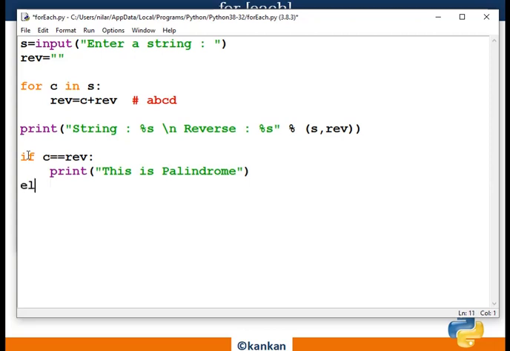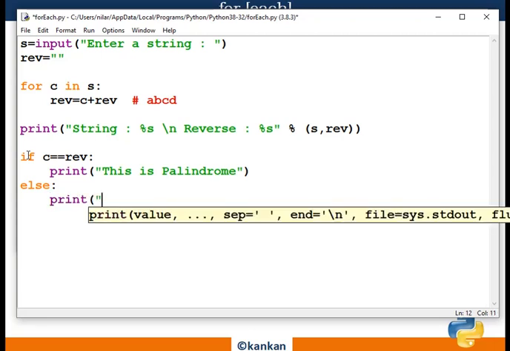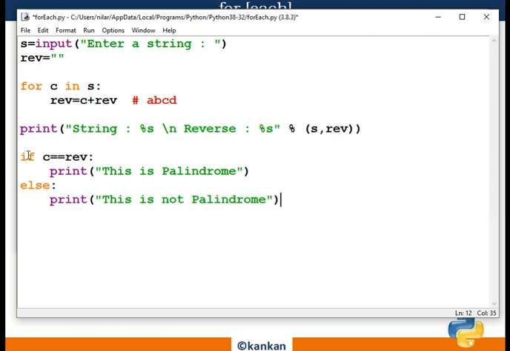Else, otherwise it will not be palindrome, print this is not palindrome. Okay, clear? So just I have tested whether it is equal or not. Okay, before that I have printed this one in reverse order.